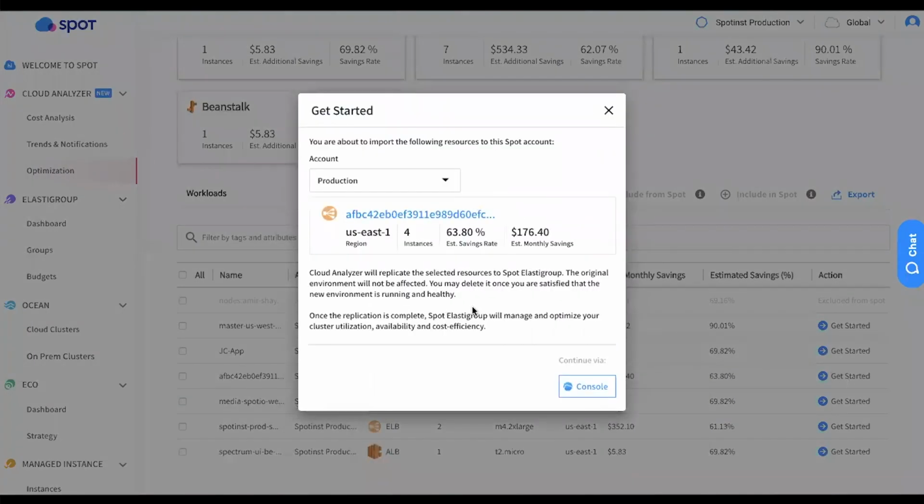And you can see over here, Cloud Analyzer, what's going to happen at this point is we're going to take this workload that's running now in US East 1. We're going to replicate it, running it in our own environment using Spot Elastic Group. The original environment that you have is not going to be affected at all. Once you are happy and confident, and all of our customers are, that we're running it smoothly, reliably, and it's healthy, at that point, you can go ahead and delete the original group that's running on demand. And from that point on, Spot will go ahead and manage this workload for you, running it on Spot instances,